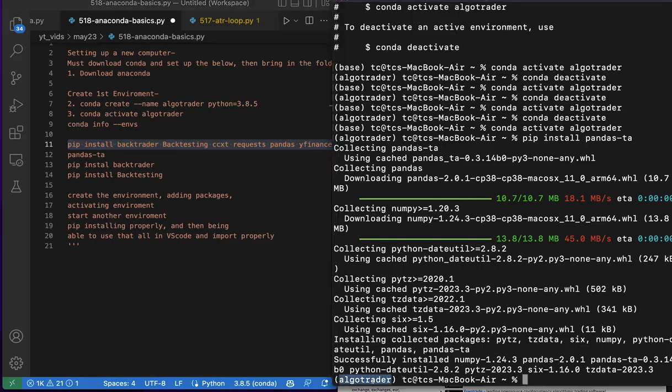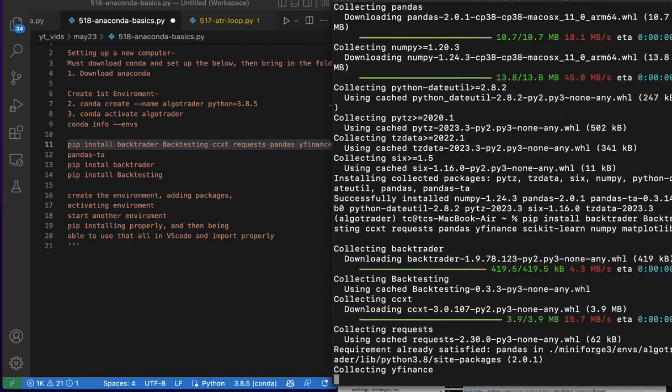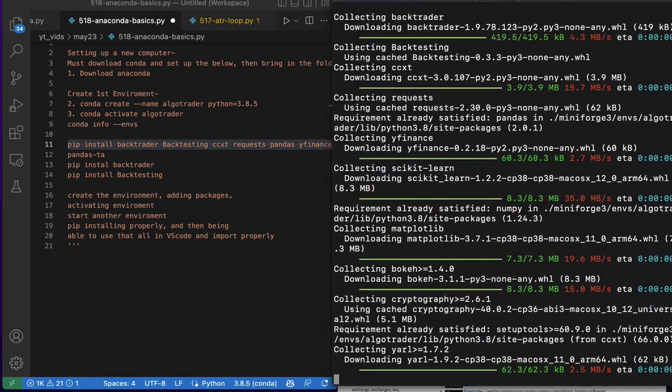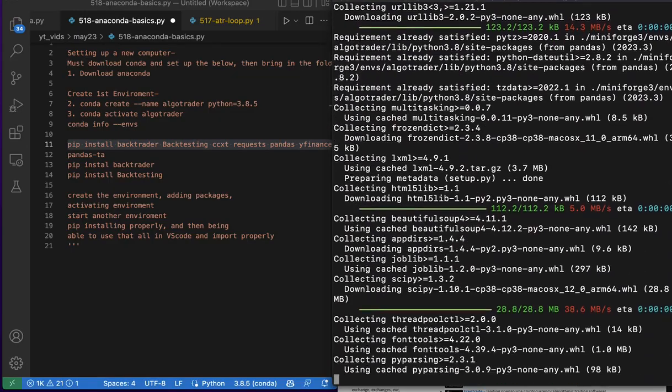So just double check you're still inside of your AlgoTrader environment, and then just paste in what I just showed you, and it will pip install all the stuff at once, so you can just chill and wait for it to install. Now this is going to take a little bit of time, and this is how you add packages to your